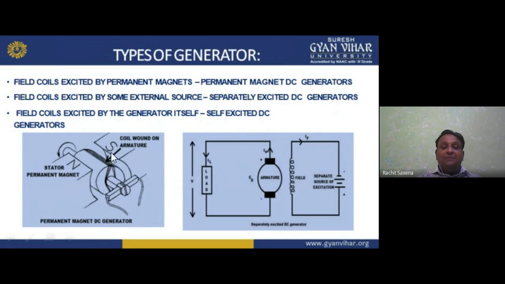Here it is shown as the permanent magnet DC generator. Here it is a separately excited DC generator. In this we have the armature, connected with the load, and here we have the field. We give the supply, current meets with the turns of this coil, N into I is the mmf, divided by the reluctance gives the flux. That flux is cut by the armature while we rotate it with the prime mover. The armature cuts the flux and induces EMF, which carries current in the armature conductors, and with the help of the commutator and brushes, the current flows through the brushes to the load we want. That is the separately excited DC generator.